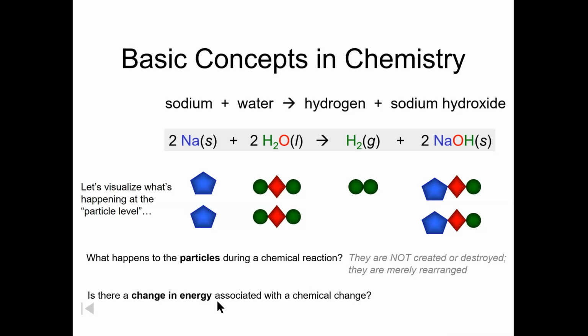So is there any change in energy associated with the chemical change? Yeah, generally there is. So what is that change? Well, it might give off heat, which does say in the system there's less of a sum. The electrons are given off. You can feel that heat in the reaction sometimes. Sometimes, like sodium and water, this particular reaction gives off a lot of light and a lot of heat in the form of fire, because hydrogen is combustible. So you get light, you get heat, and you're going to get a nice little boom.